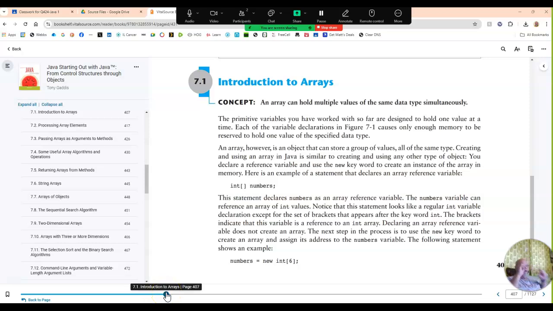Okay, so chapter 7 gets into this thing called arrays. And the book says that an array can hold multiple values of the same data type simultaneously. What I want you to think of an array as is a bookcase that has no shelves. So we're going to declare this empty bookcase, and then we're going to tell it how many different shelves